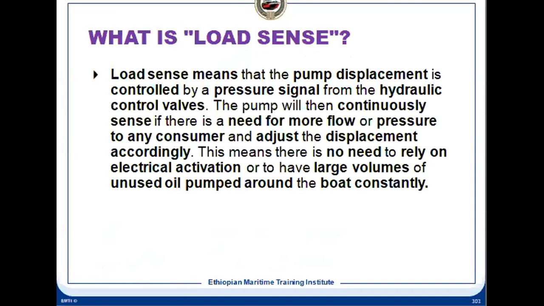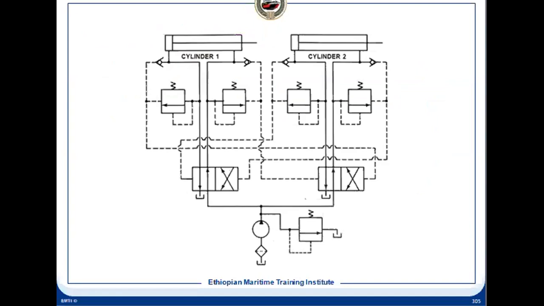Load sensing, we have seen load sensing, how the displacement changes, so the swash plate angle changes to reduce or increase the load. It means increase the flow. Once the load is increased, your flow is reduced. When the load is reduced, the flow is increased, and at that time we can increase the RPM because the load is less. But when the load is high, we'll have to reduce the speed. High torque at low speed you'll have to achieve.